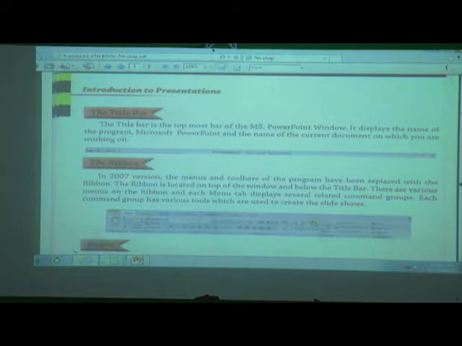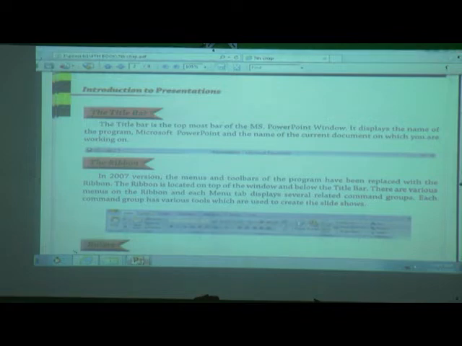It is the topmost bar of the MS PowerPoint window, and what does it display? It displays the name of program, Microsoft PowerPoint, and the name of the current document on which you are working. It shows where we are currently working.